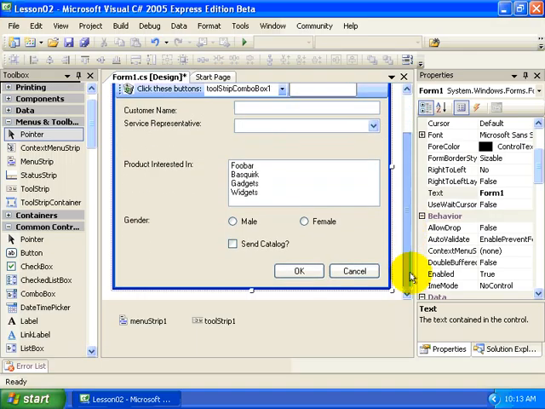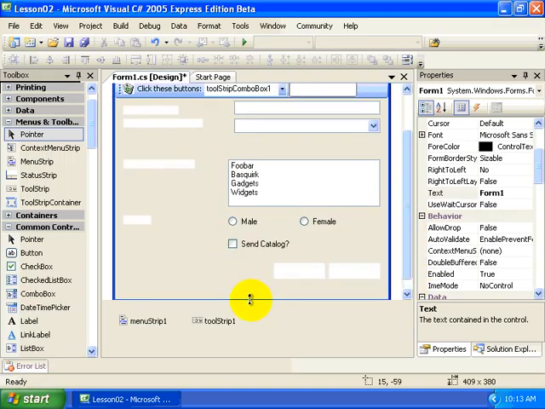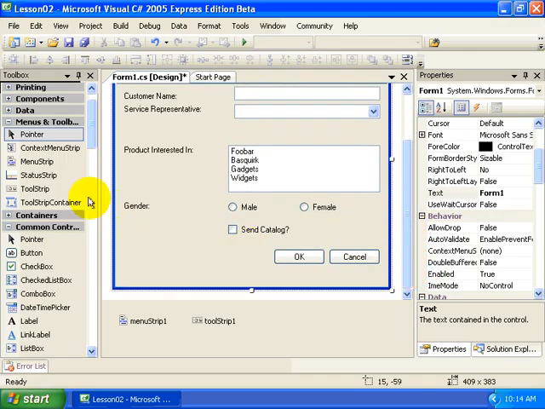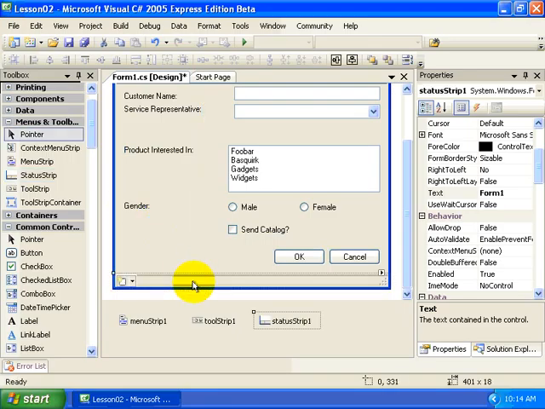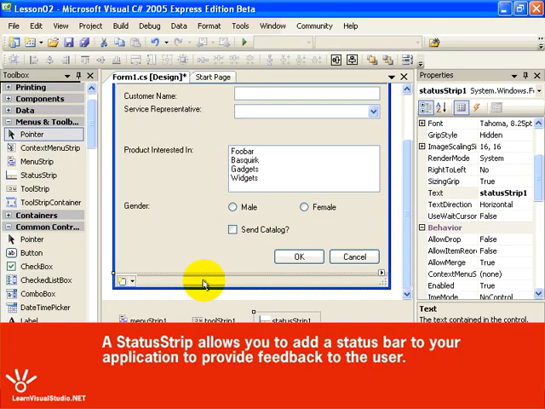The next control that we'll want to use, and we're going to make a little space for it here, is a status strip. So I'm going to drag and drop that from the toolbox here. And a status strip allows you to send messages to your user at the bottom of the form. It even allows you to insert a little status bar, which can inform the user of the progress of some long-running task. So all I need to do is, first of all, I can put a status label,